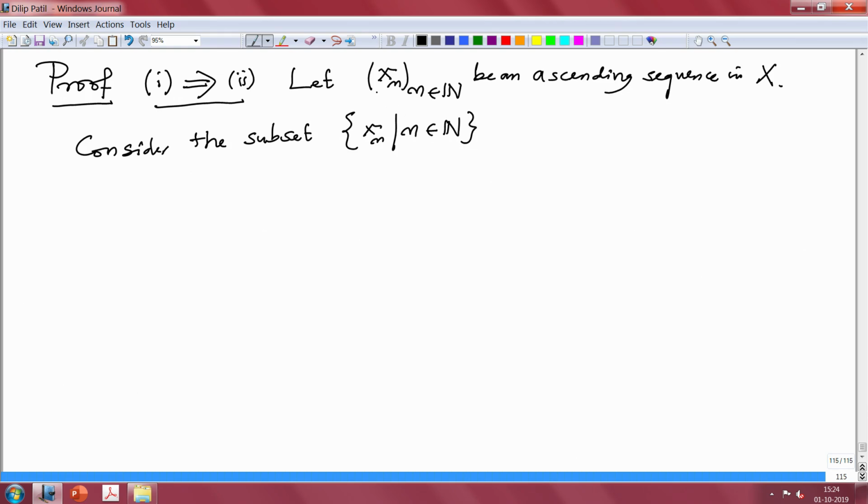When I write round brackets for the sequence, the order of the terms is very important, and when I write curly bracket set notation, the order is not that important. We collect all the terms, and even when some term is repeated many times, in the subset you do not write 1 a hundred times, but in a sequence there can be 100 terms which are equal. So, this is a subset of X, and since X is Noetherian,